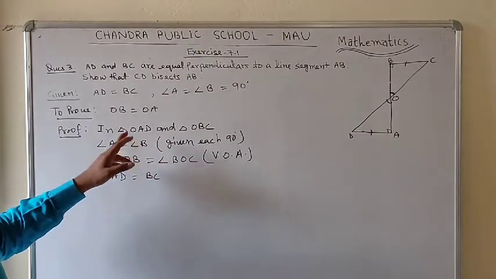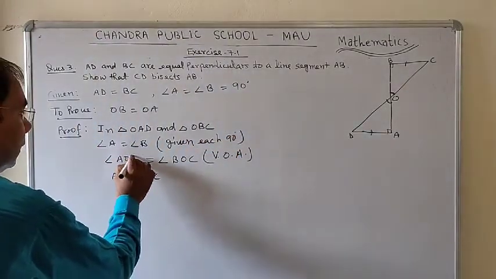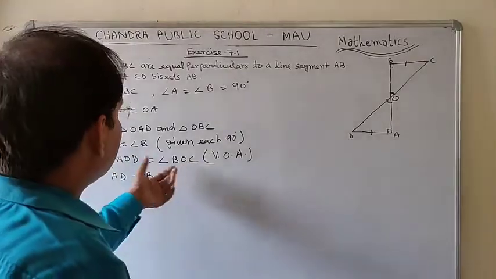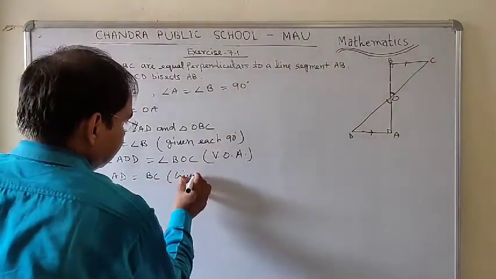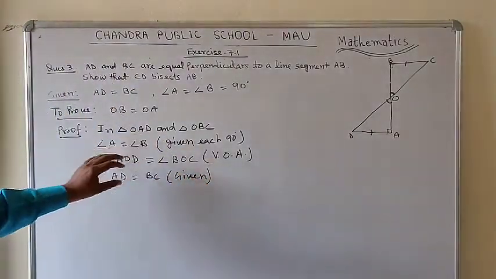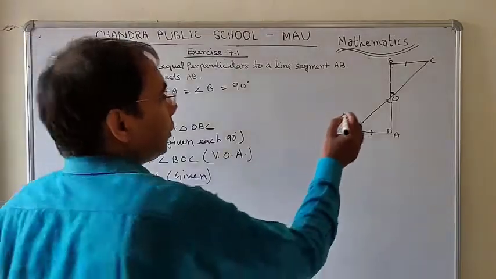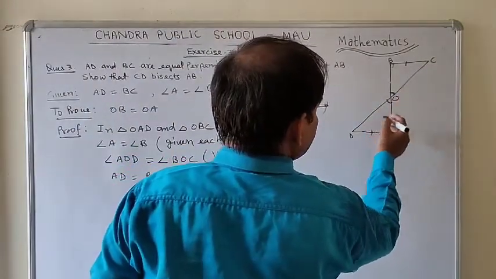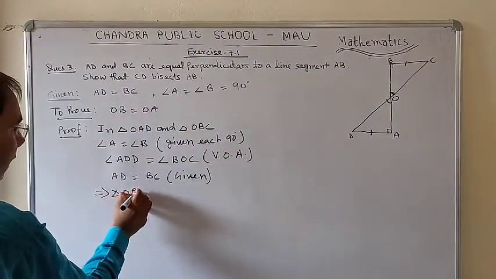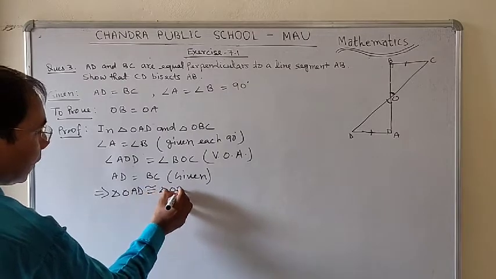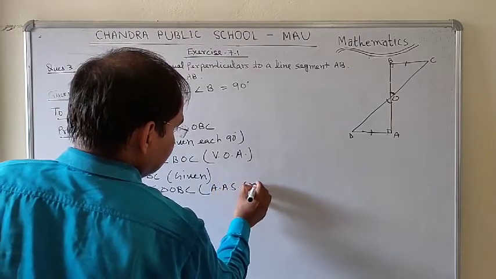Angle AOD equals angle BOC, vertically opposite angles, and AD equals BC, that is given in the question. So friends, in both the two triangles you got two angles and one side equal. Two angles and one side. So which criterion is going to be followed here? AAS. So here it shows that triangle OAD is congruent to triangle OBC, and the criterion is AAS.